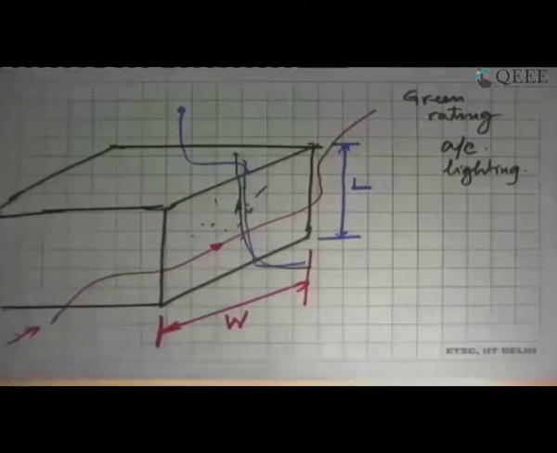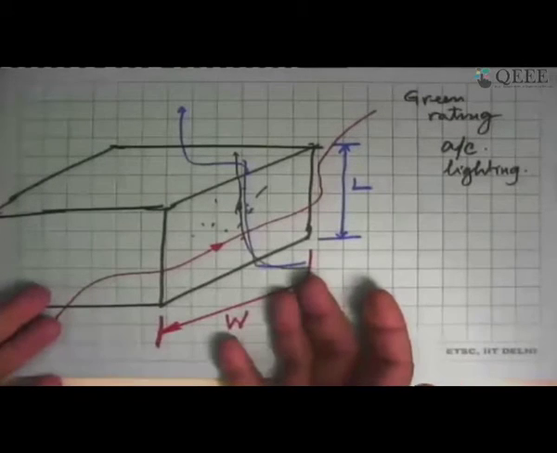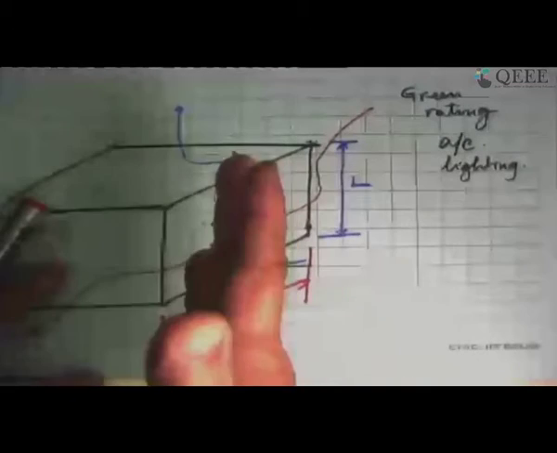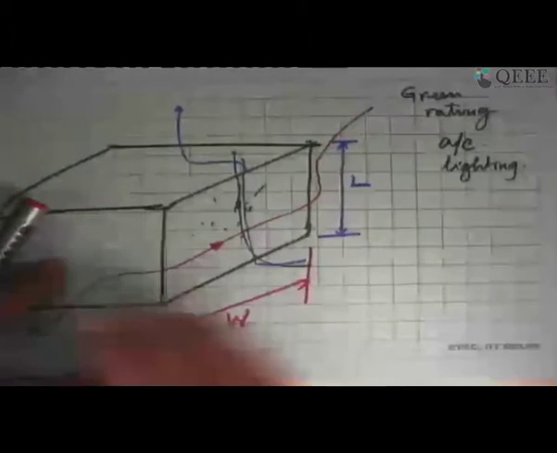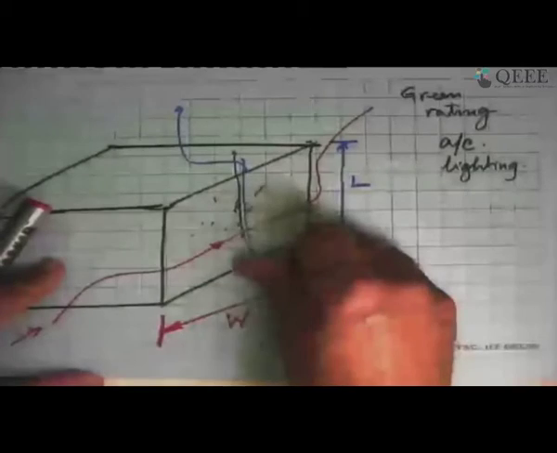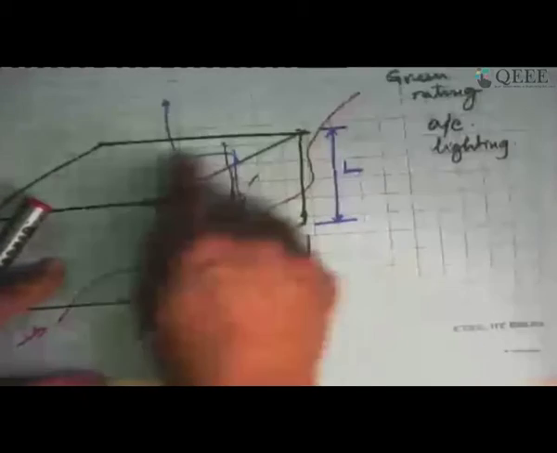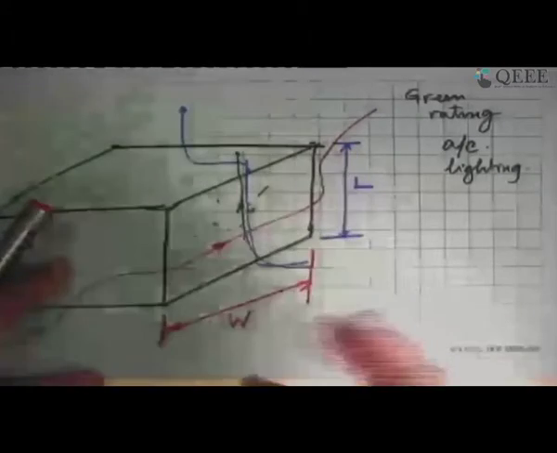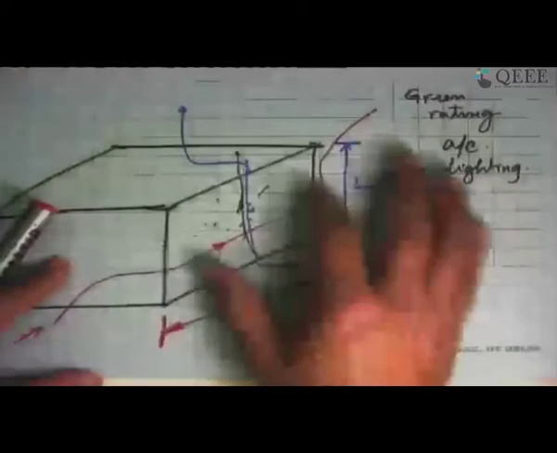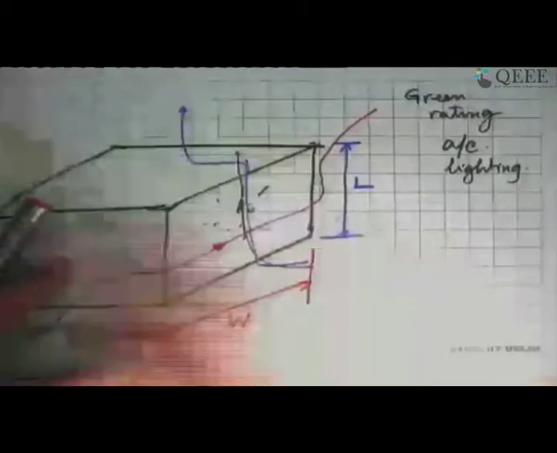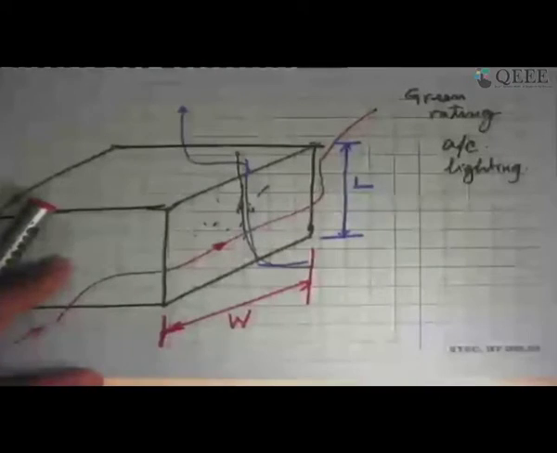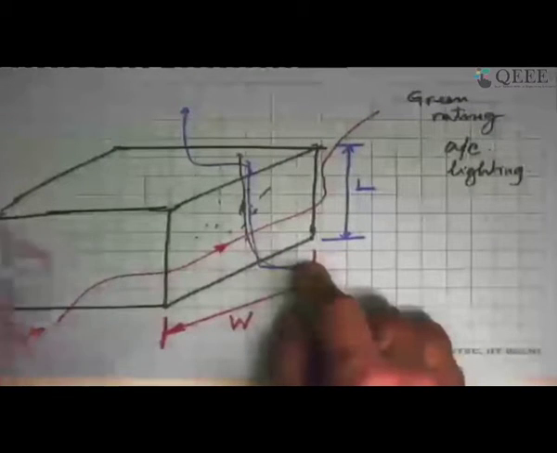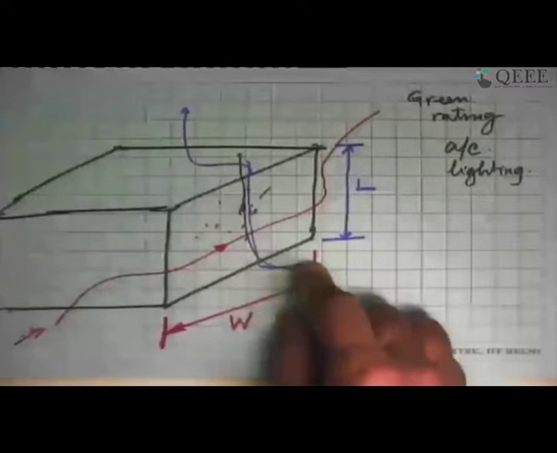And not just that, what else do we see by looking at this picture is that in the real world, if I want to analyze this building as a vertical flat plate for free convection, I am ignoring the effect of the ground because the air is going to come like this. I am ignoring the effect of the top where the air is going to bend up and go like that. So these are two assumptions that I have done. The answer I will get from this simple analysis is going to be somewhat different from the real answer. And if I have to get the real answer, I have to actually solve the flow around the three-dimensional building by the technique that I just explained, which is CFD.